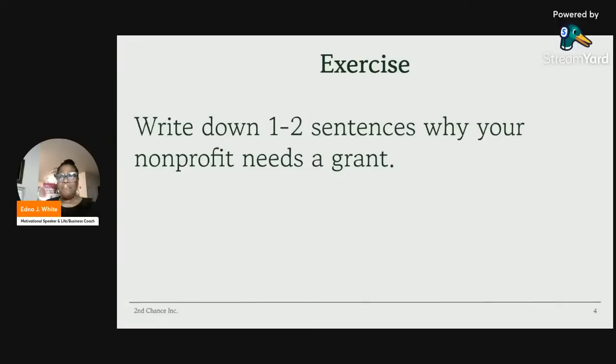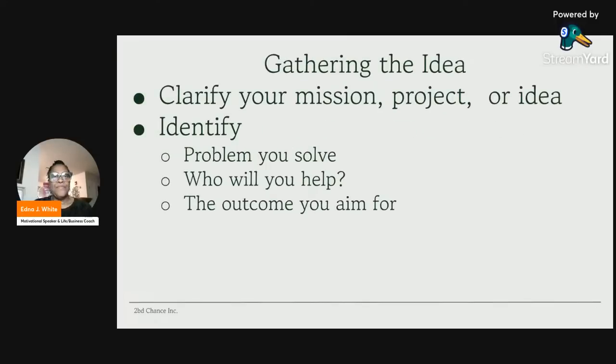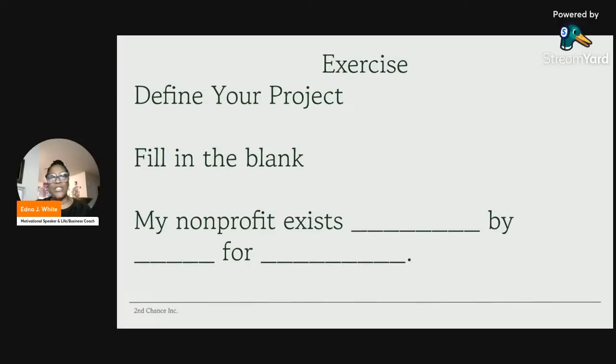Now, I'm going to give you an exercise for 2 minutes. I want you to grab the worksheet that I sent you, but I have it up here. So grab your worksheet or a notepad and fill in this sentence. My nonprofit exists to blank, by blank, for blank. Now I want you to take 2 minutes